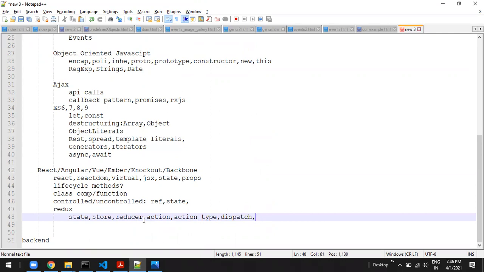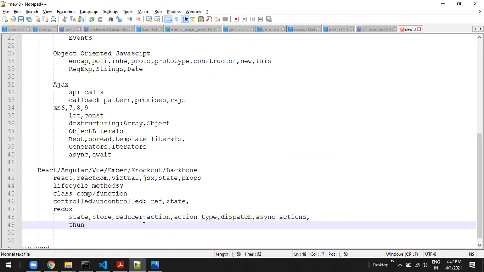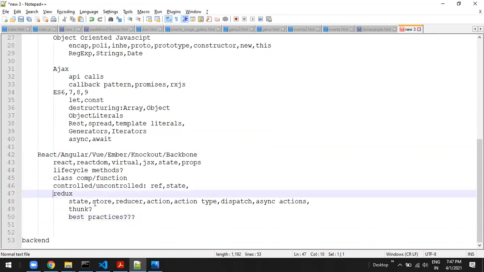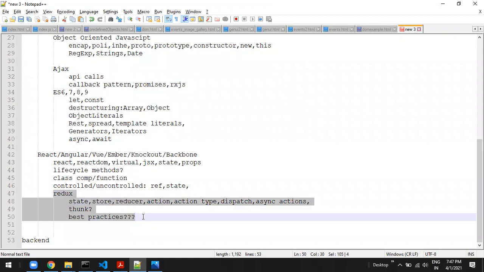What are asynchronous actions? What is thunk? So how do we handle this? What are the best practices in all these things? So definitely this is all coming under 1 week.